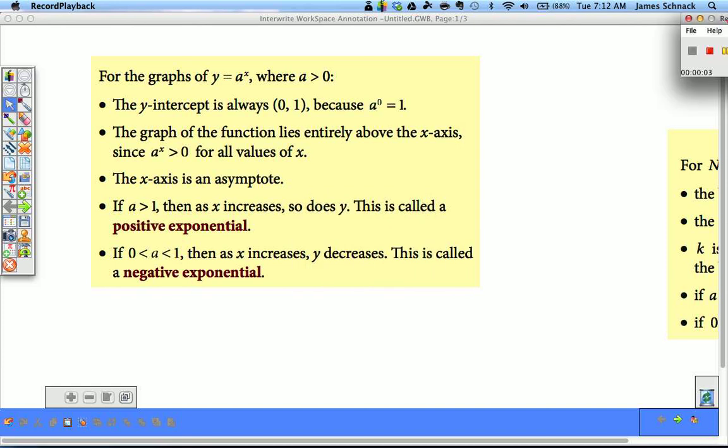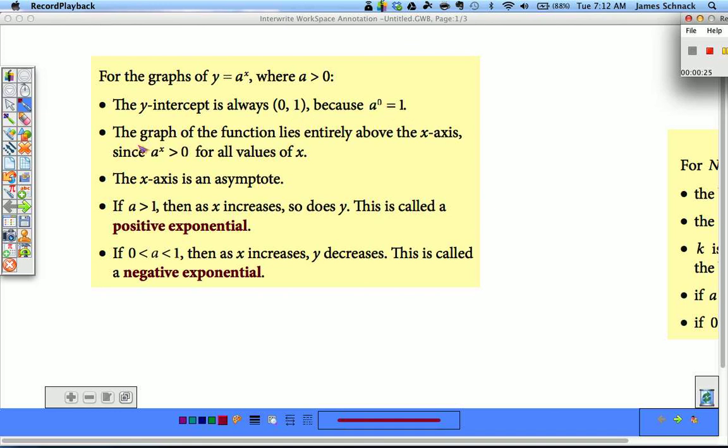Okay, we're going to talk about exponential growth and exponential decay and how to graph these things and how to use these kind of models for situations in life. So for any exponential equation, y equals a to the x, where a is greater than 0, the y-intercept is always (0, 1). So on our graph, we can always plot (0, 1)